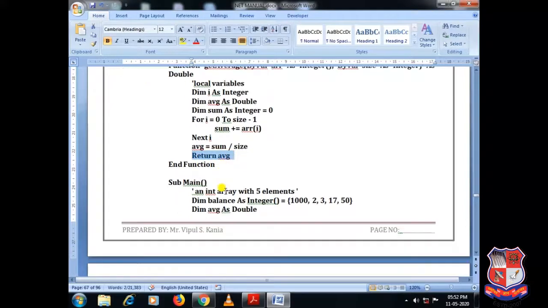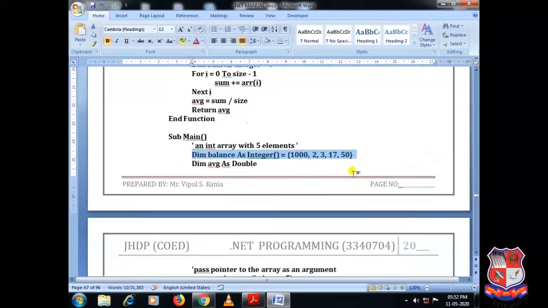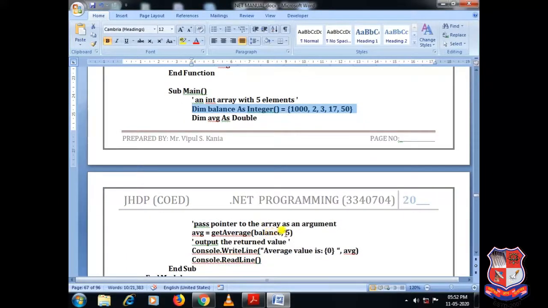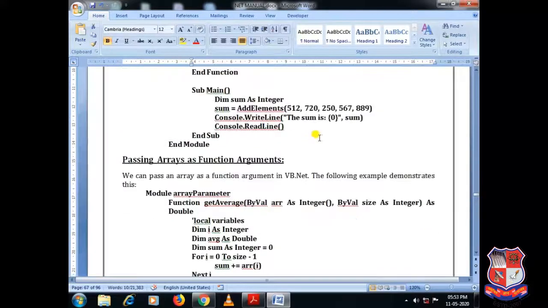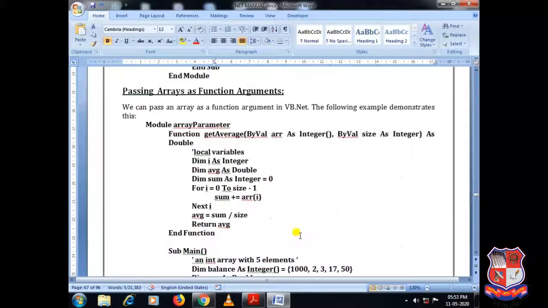That's it. Fine. As you can see over here, while calling the function, I'm not passing the elements of the array as individual elements, as we did in the case of param arrays. Instead, I'm passing an entire array.